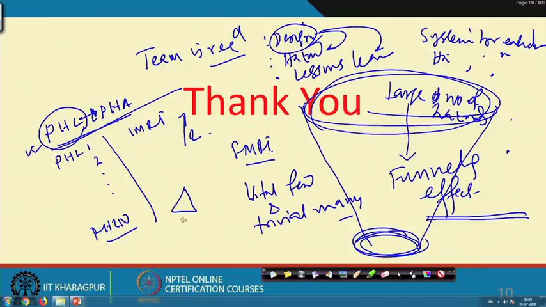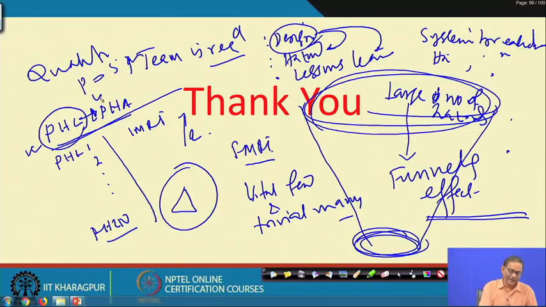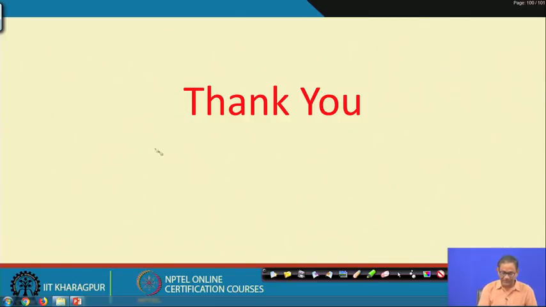In the conceptual lectures I talked about the hazard triangle. PHL will give you many hazard triangles, and PHA will tell you how many hazard triangles there are, what the amount of risk is, and what kind of actions can be taken so that the risk can be minimized. We have discussed risk in the qualitative way, that means probability in 4 or maybe 5 points and consequence in 4 points.